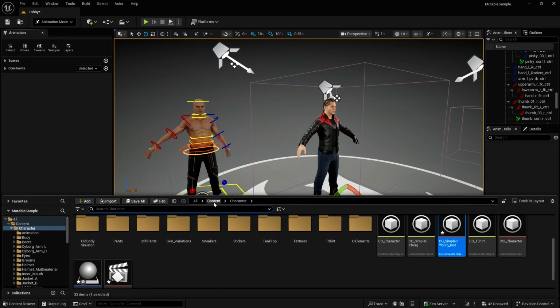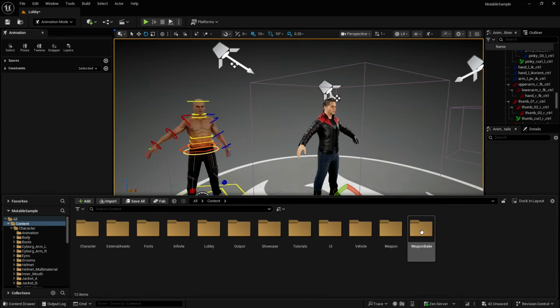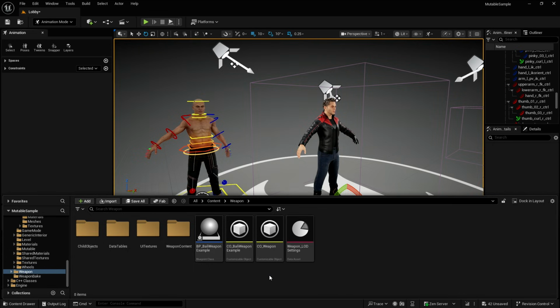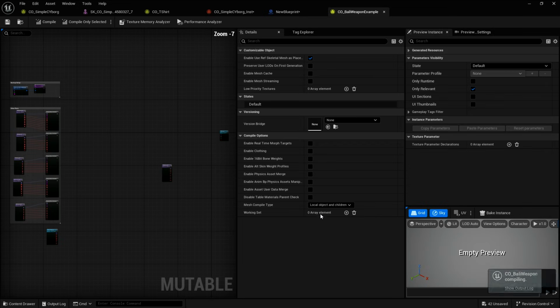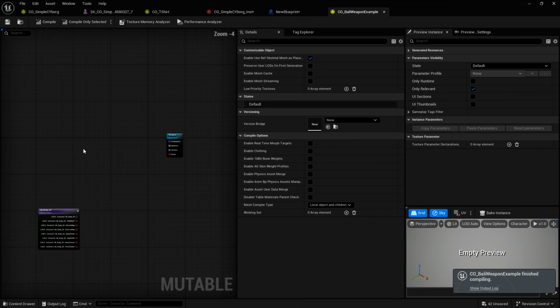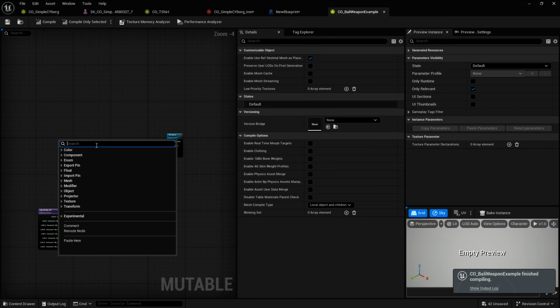So that's the basis of how we can set up a simple character customization system, but we may want to start to look at some other tools to create optimized textures and our weapons. And there's another way that we can define which assets get set into a graph. So the first thing that we'll do in our weapon example is I can create a table node,